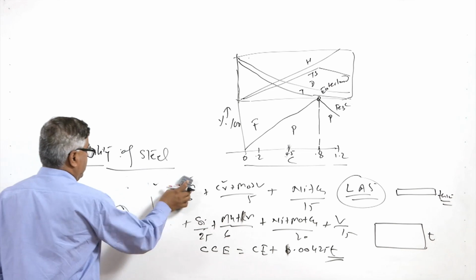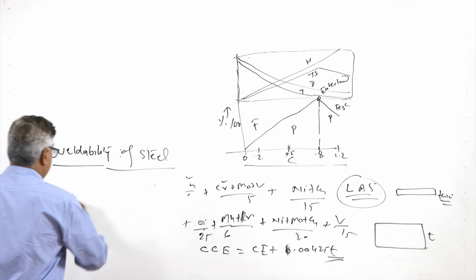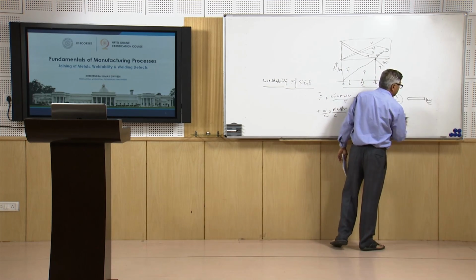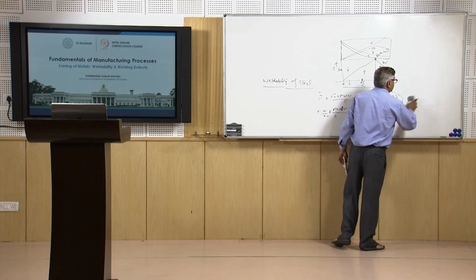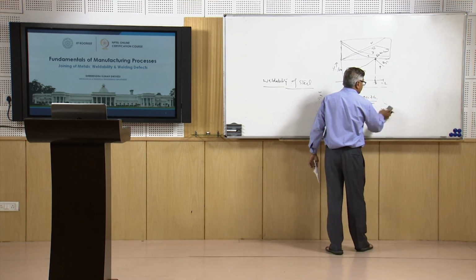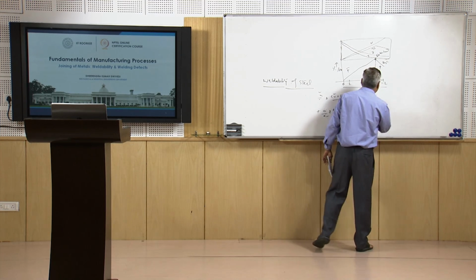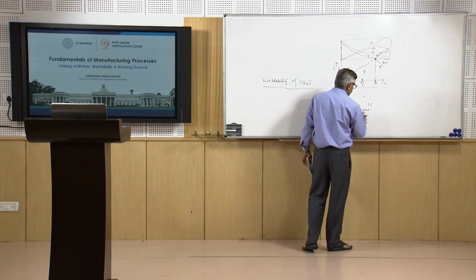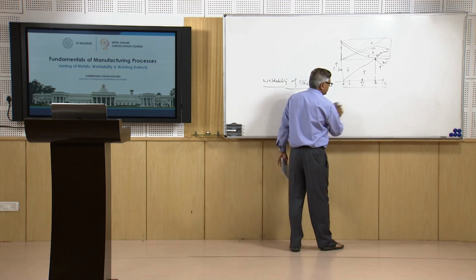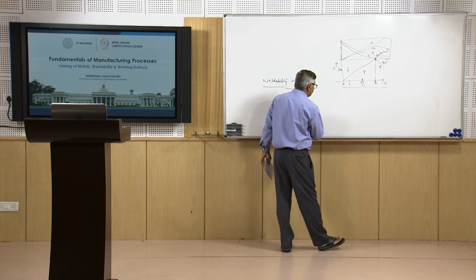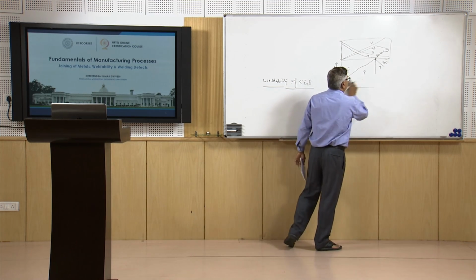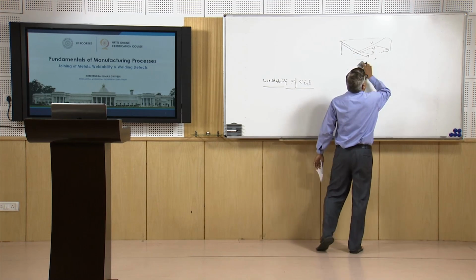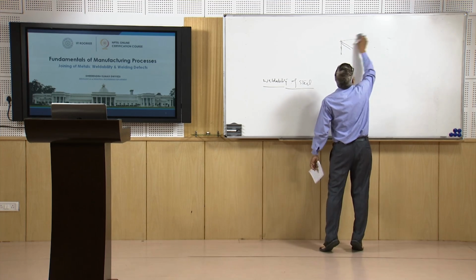So, here I will summarize this presentation with regard to weldability. Weldability with regard to the carbon equivalent directly affects the cracking tendency. By controlling the cooling rate with the help of suitable preheat, at least the cracking tendency due to high hardenability can be controlled. The higher the carbon equivalent, the greater the preheat required in order to make the weld joints free from cracks.